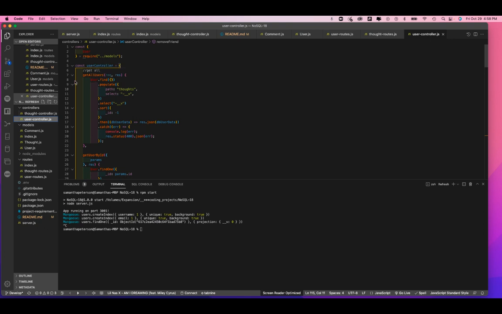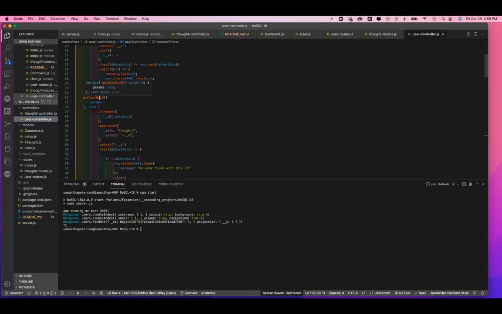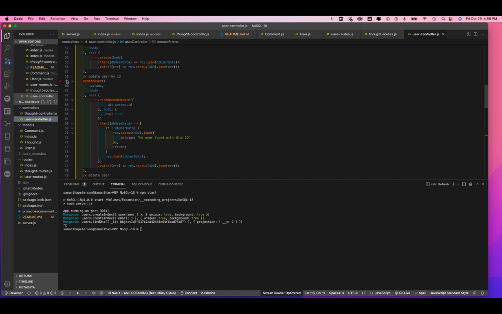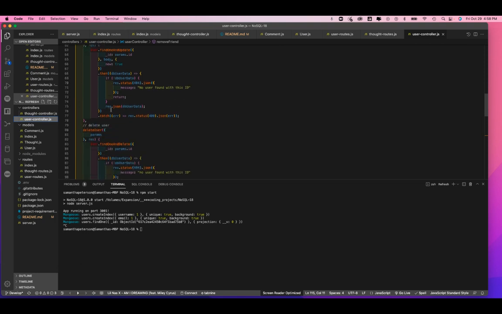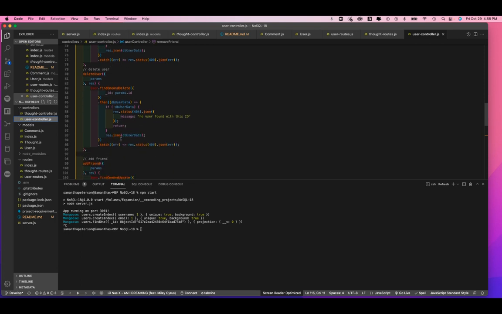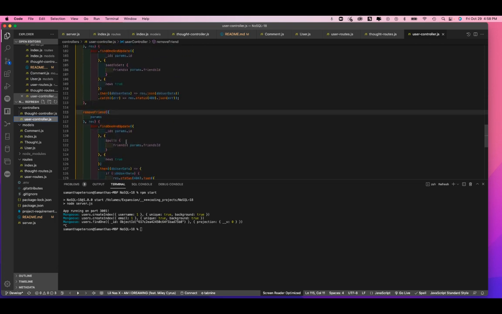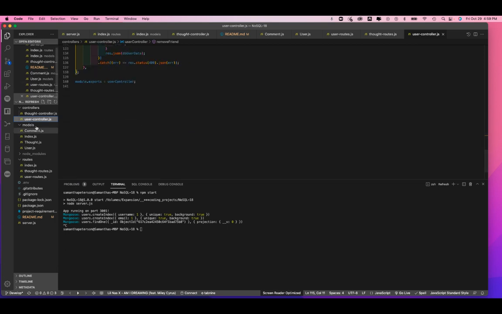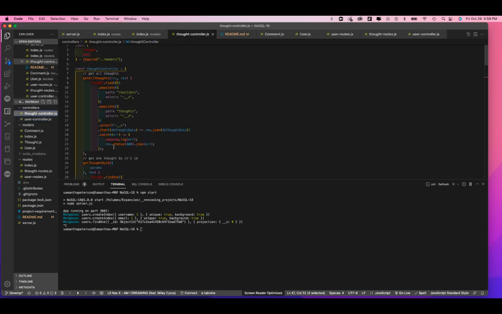And then I just want to really specifically show you this too. So it's saying get all users, get user by ID on line 24, create a user on line 51, update a user on line 59, delete a user on 80, add a friend, remove a friend, and then if you come into your file here,